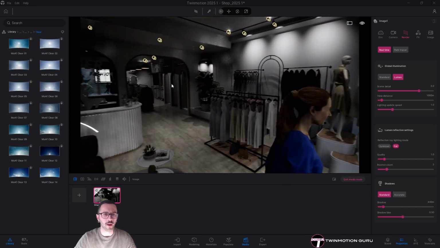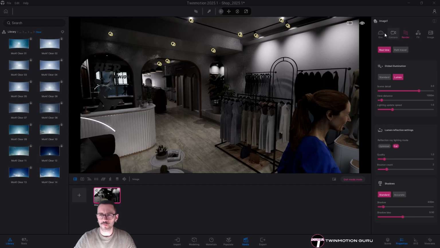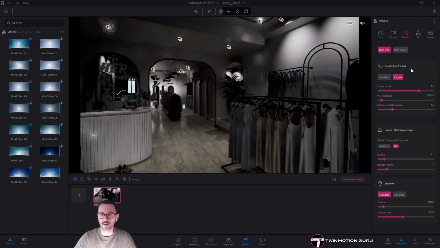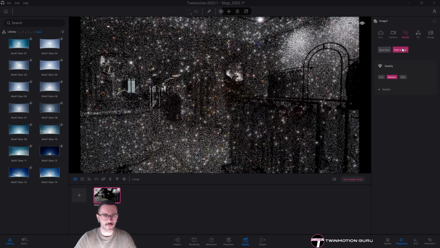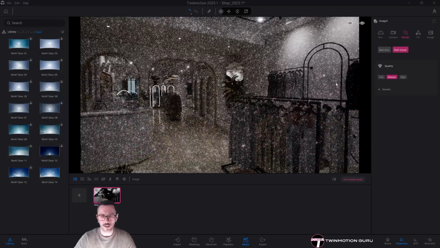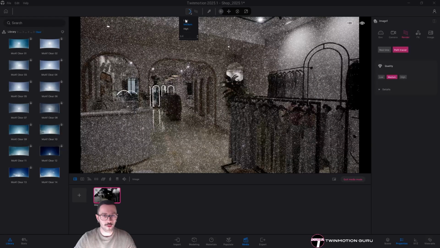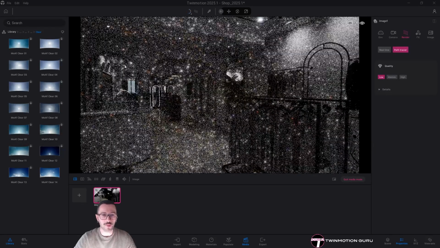Well, it will arrive. But anyway, with the Lumen engine, I can of course start modifying my ambient settings and my environment settings. But for this, yeah, now I remember. For this purpose, I will activate the path tracer and then start working with the scene as it is with the path tracer. Yeah, what I was saying is that in this particular case,